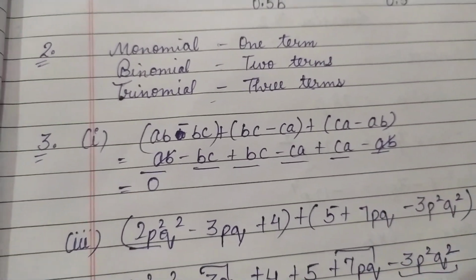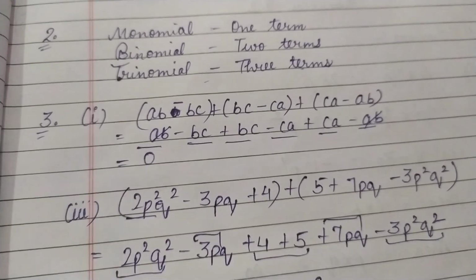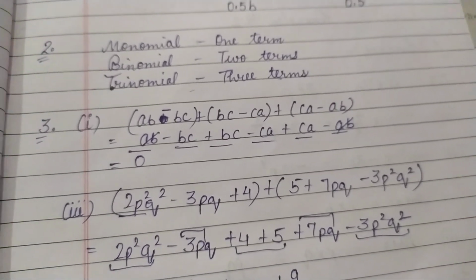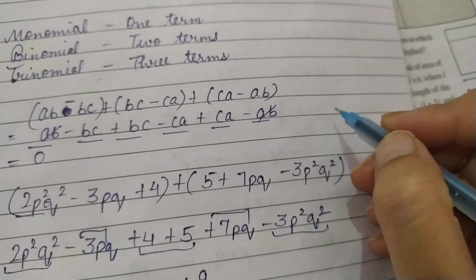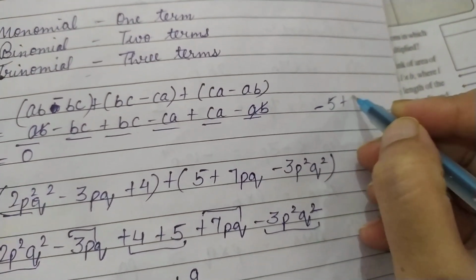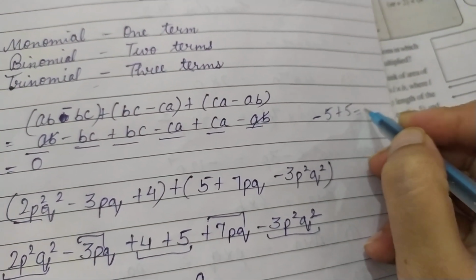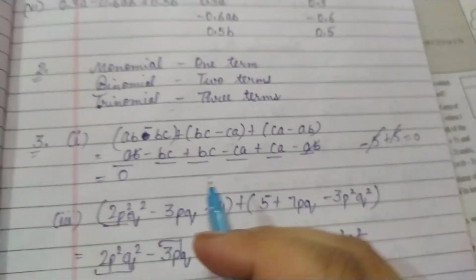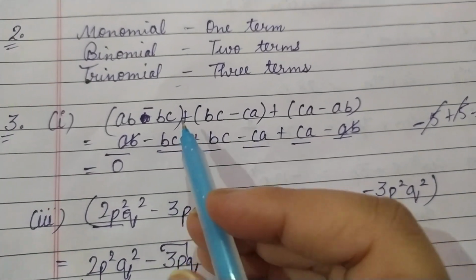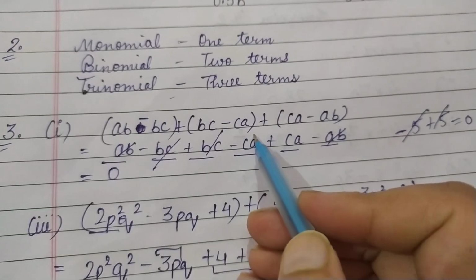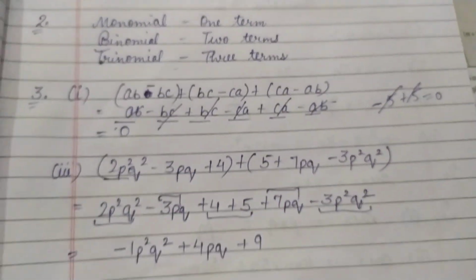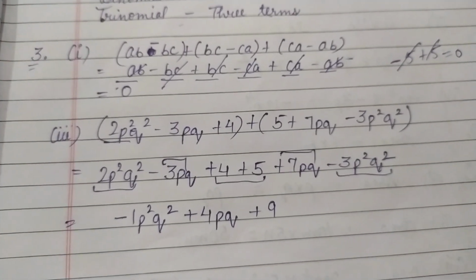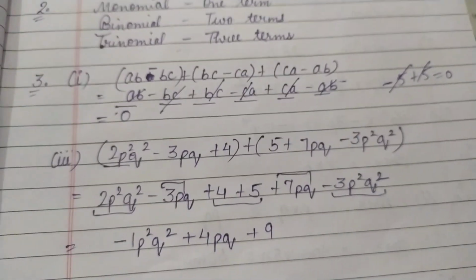What do we see? The terms are equal over here. They are like terms, the coefficient is the same, the powers are the same. Like minus BC plus BC. If we write here minus 5 plus 5, it means 0, because both the terms are equal. Similarly in algebra also we can do this when they are equal. Minus BC plus BC, minus CA plus CA, and AB minus AB, so it's 0. Similarly we are going to add another one. The second you can solve yourselves. The third I am solving here.